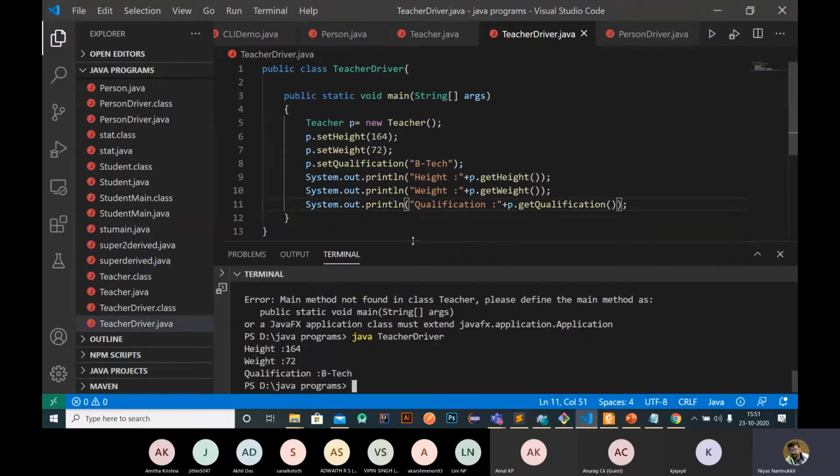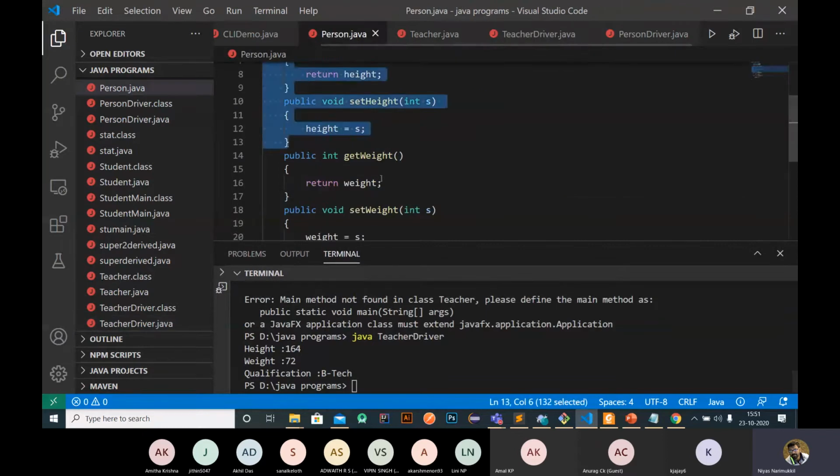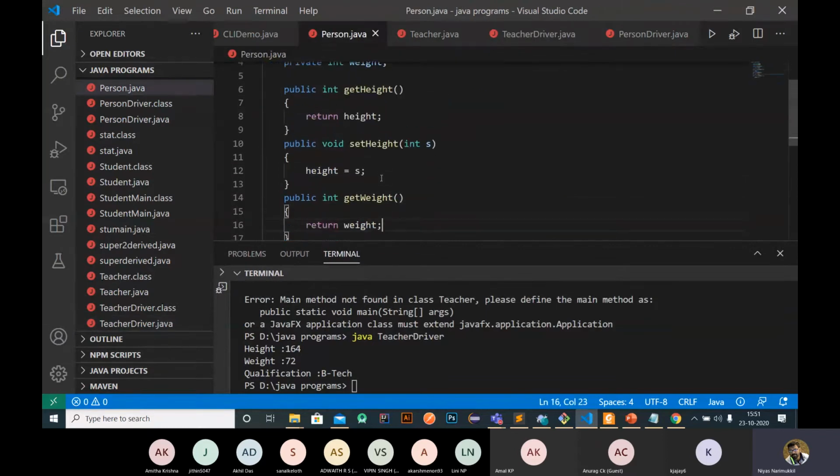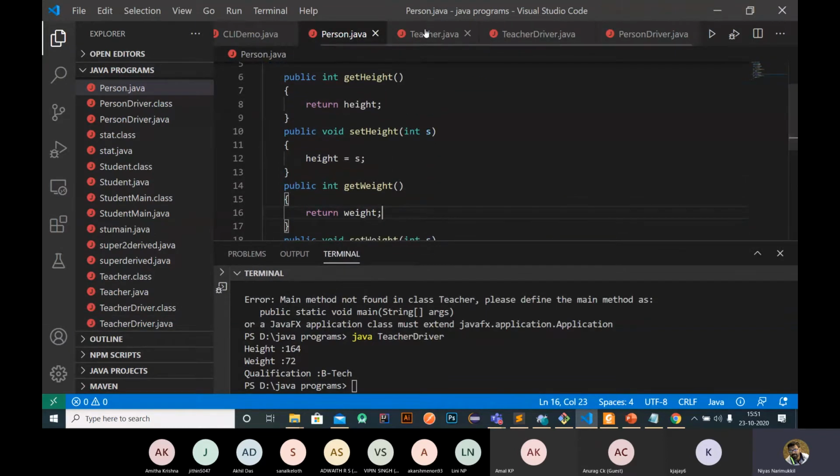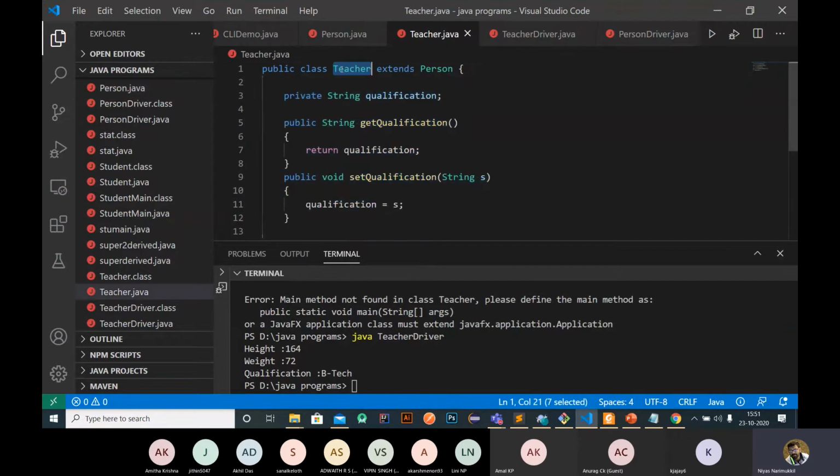So what happens is that here we have a person class having height, weight, and these methods, and we have created another class, the teacher class, and the teacher class extends the person class, which means that the teacher class inherits all the properties from the person class. Then the teacher class will have specific properties of that class, right? So these are the specific properties.